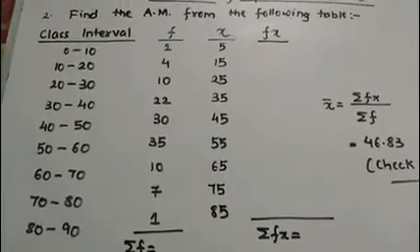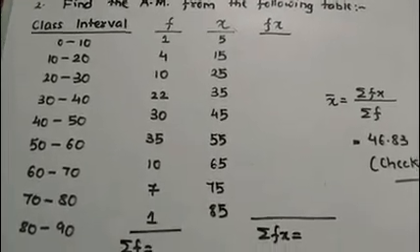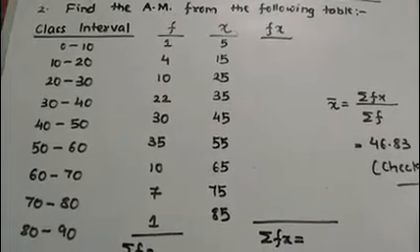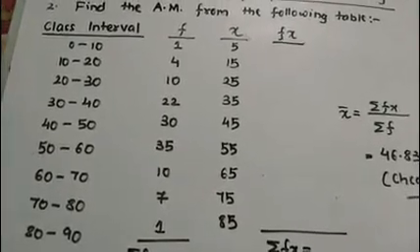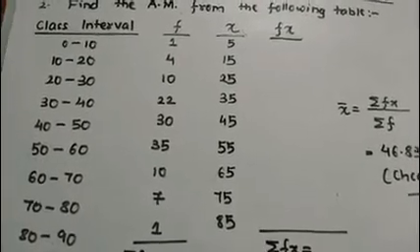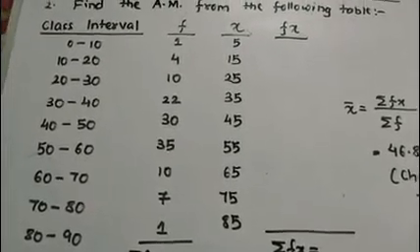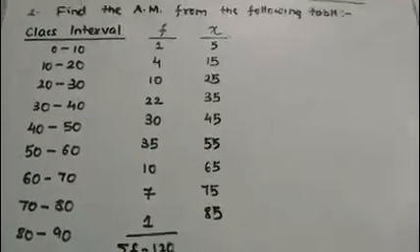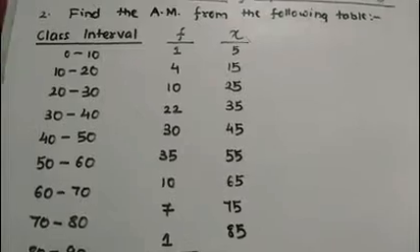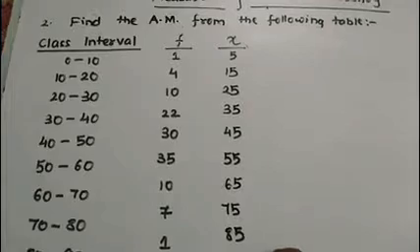Now while calculating this, you will find that the calculation of this particular question is a little bit big and you have to use the calculator. So there is an alternative way of solving arithmetic mean questions. Whenever you feel that the calculation is a little bit big, you can use that alternative method, known as the step deviation method. Now what is the step deviation method all about? In the same way, the question will be given to you, class interval and frequency will be provided. You have to find the x, that is the mid value, by using the formula.